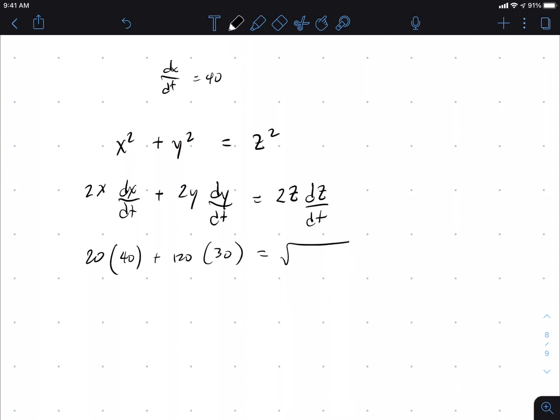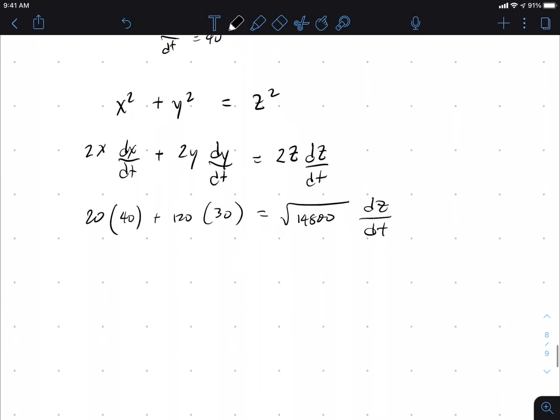And then we said z was square root of 14,800. Let's go get our dz/dt. So 3,600 plus 800 divided by